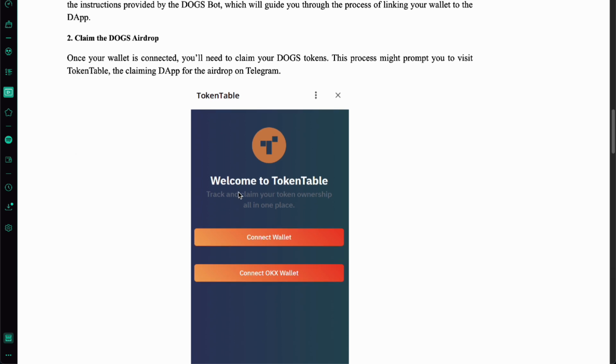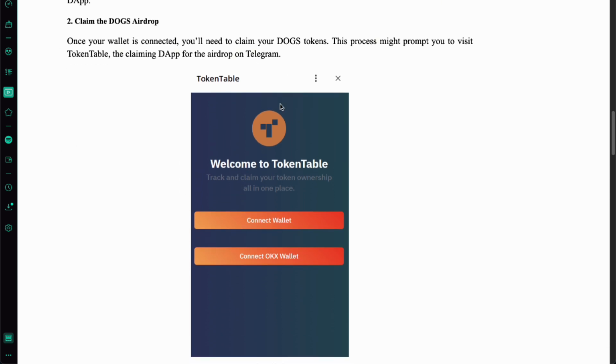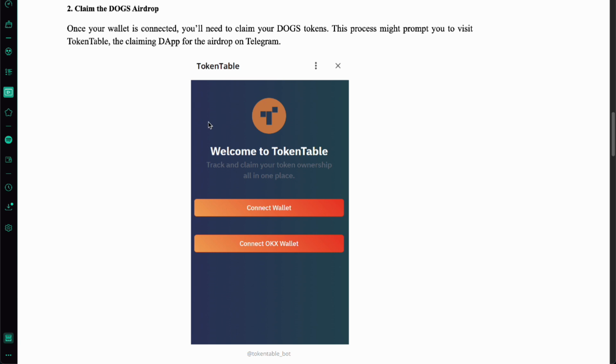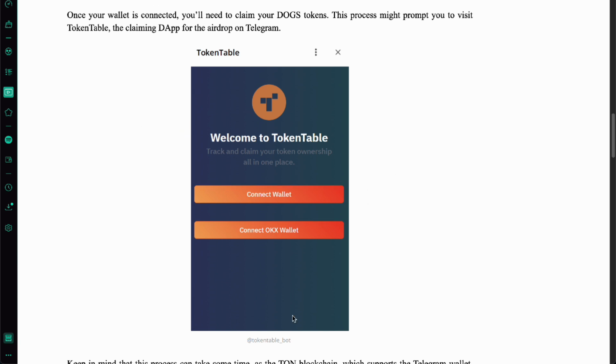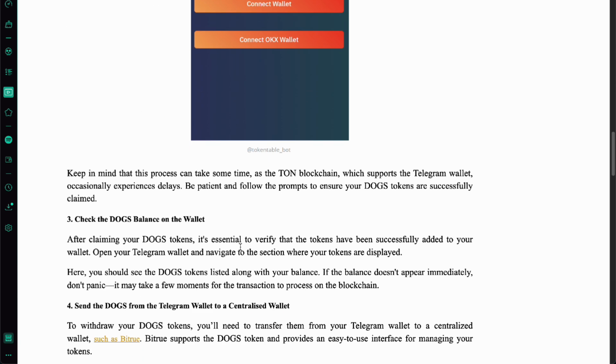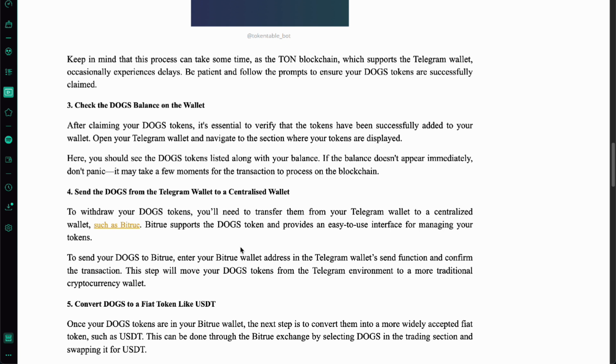So claim your dog's airdrop. It's pretty simple. You will need the dog's token. This will take you to the token table. From there, connect your wallet or connect your OKX wallet, which is both compatible, and then check your dog's balance